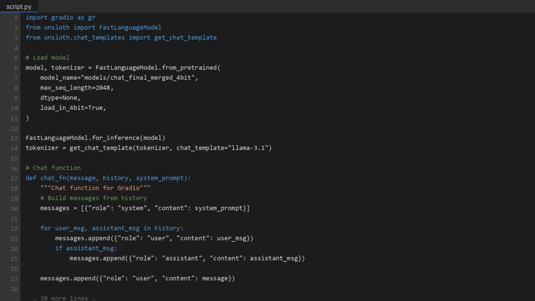Gradio gives you a browser-based chat interface with almost no front-end code. The setup here loads your merged model, defines a chat_fn function that takes a user message and conversation history, builds the properly formatted message list, runs inference, and returns the decoded response. Gradio's chat interface component handles the entire UI, message bubbles, conversation history,